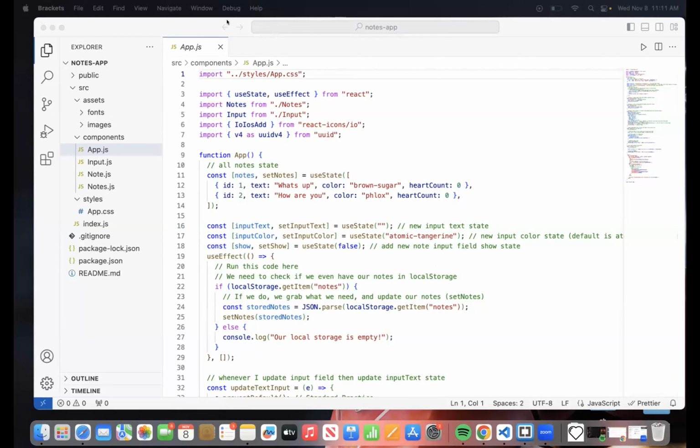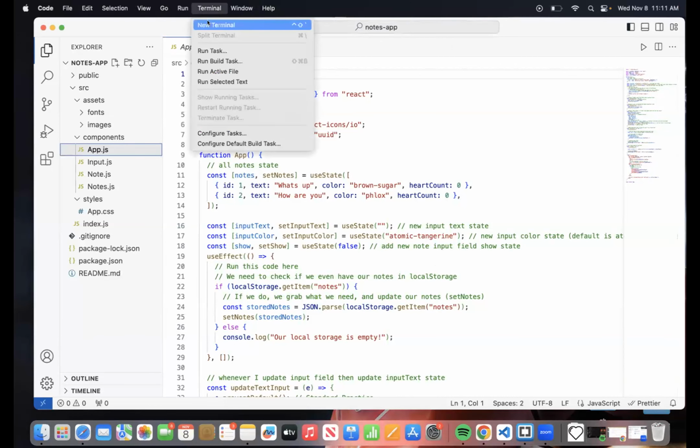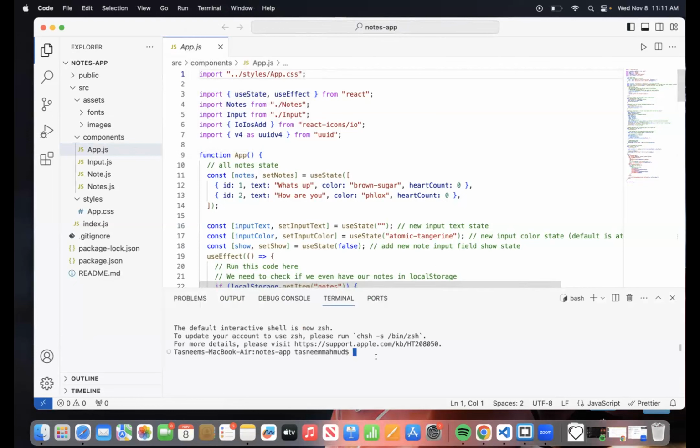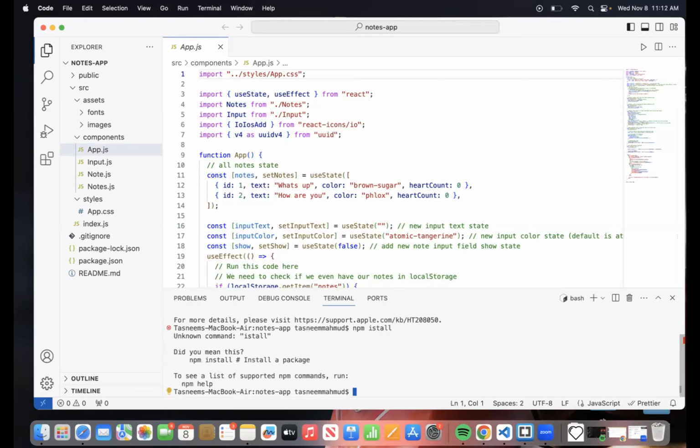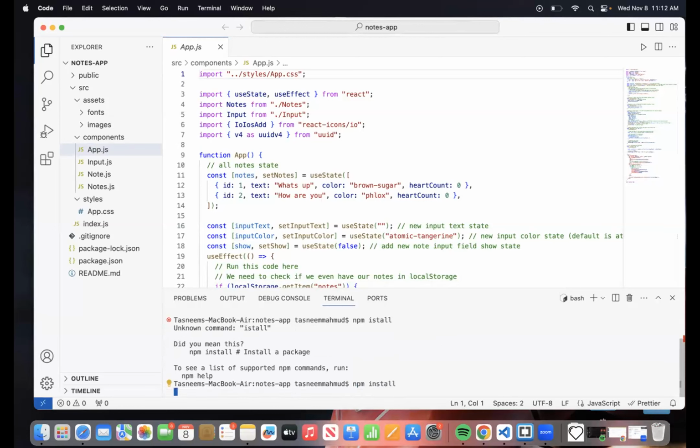Sorry about that. Okay, so let's see what it looks like so far. Then we can go ahead and make further changes. So I need to do an npm install. Oh no, I spelled it wrong. npm install.